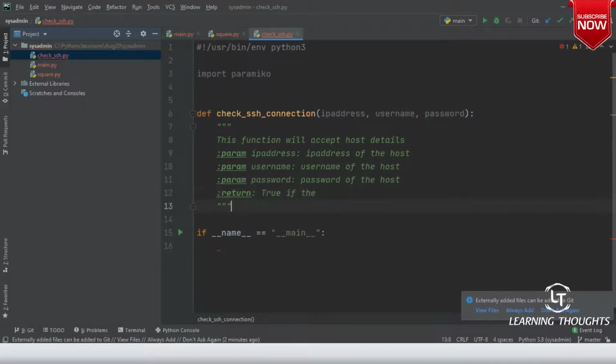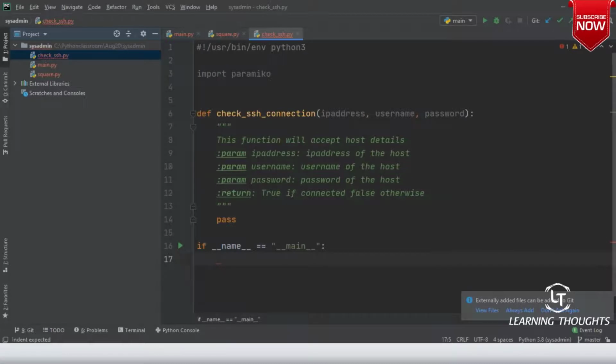And then it will return true if connected, false otherwise. Till I write the code, let me use the word pass. All right. So over here, I will try to call check SSH connection.